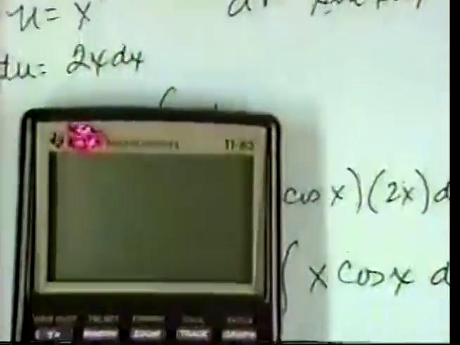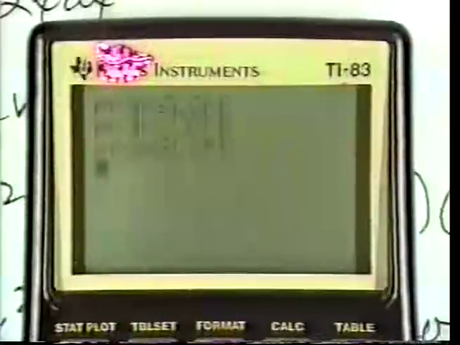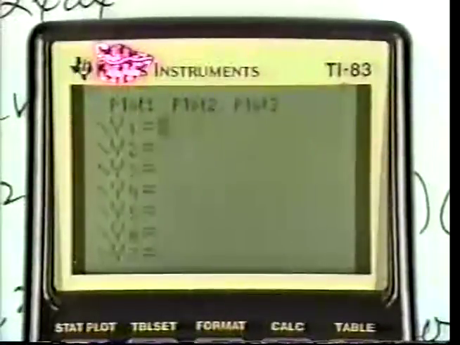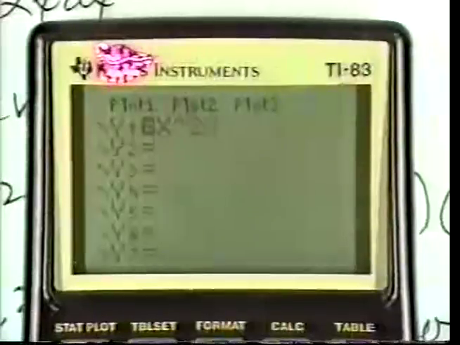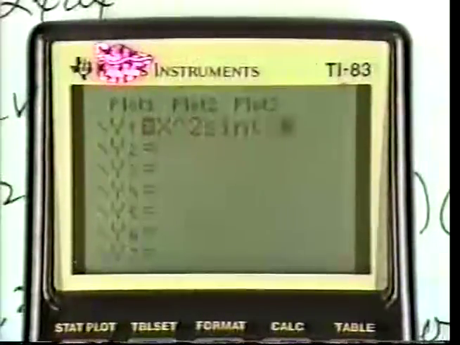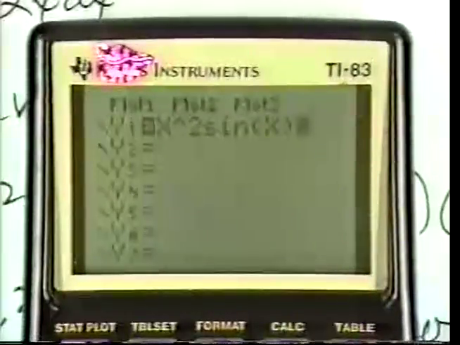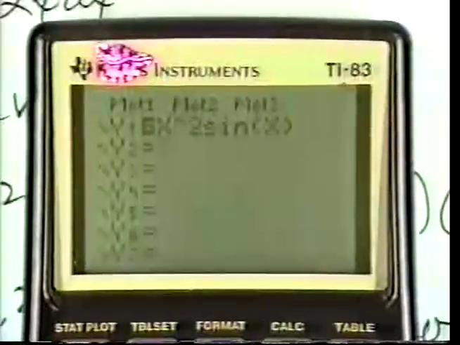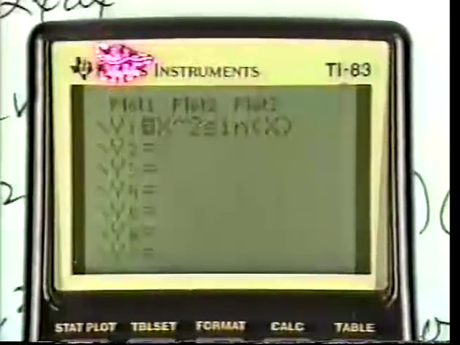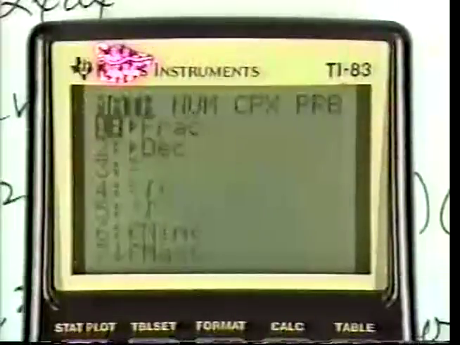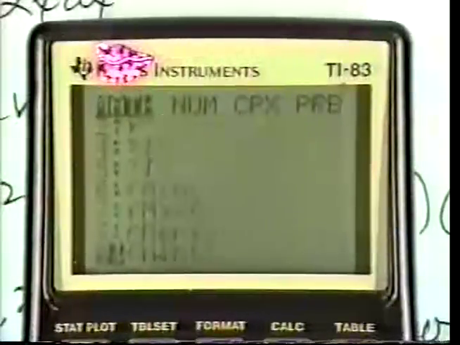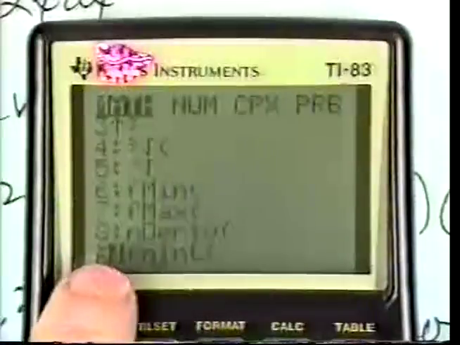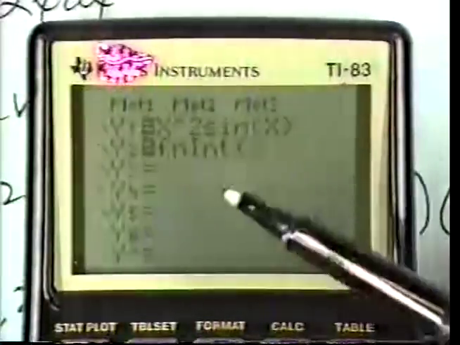Let me zoom in here. Okay. Clear that. Let's go to y equals, and I want to put in the function x squared times the sine of x, and I want to do the numerical integration on that, so that would be under the math function, isn't it math 9, I believe? Math 9. If you mash the math button and you go down to the 9th option, it would be the integral of